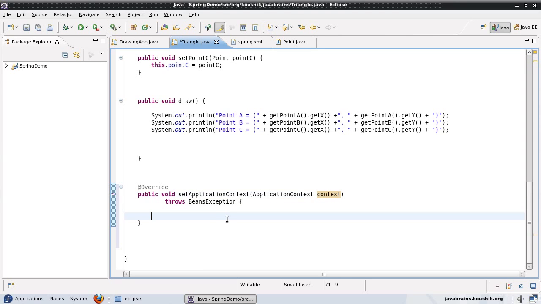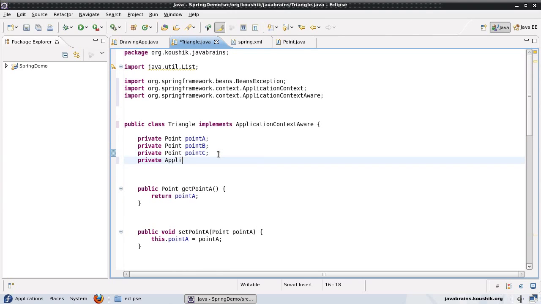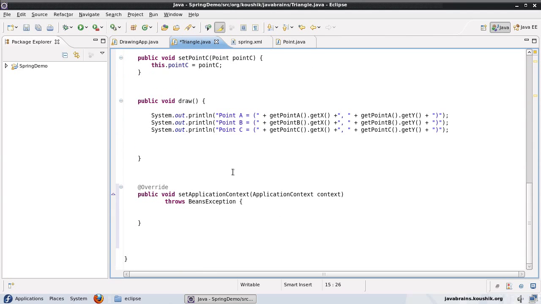So what I'm going to do is I'll create a member variable here, private application context, I'll initialize it to null, and then here in my setter, when I get the context, what I can do is I can do a this dot context equals context. Now what's going to happen is it's going to set the member variable to the context that Spring is